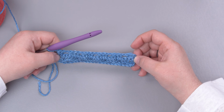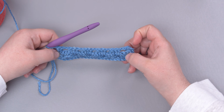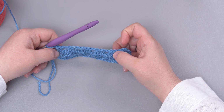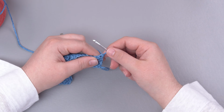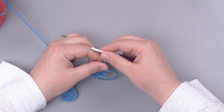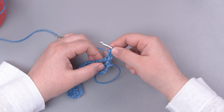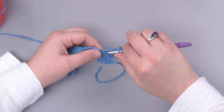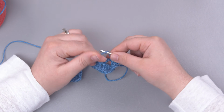To make the next row a little bit easier, I'm going to refer to this row of clusters, the first one that we worked, as the first row, and the row that we just worked with the spike stitches as row 2. So to start row 3, we're going to, again, start with 2 double crochets into the first stitch, and I'm working my standing double crochet and then 1 double crochet into the stitch. Then I'm going to yarn over, insert my hook into the chain space from row 2, make a double crochet,